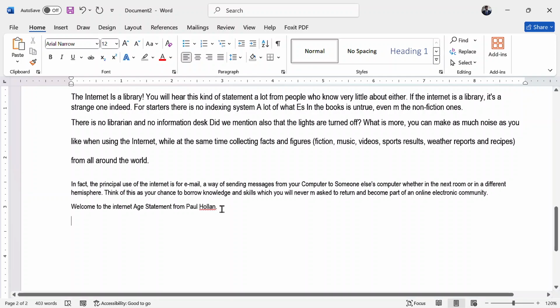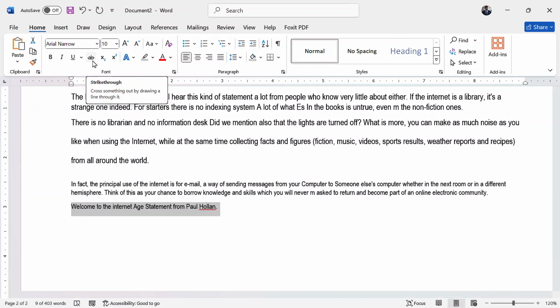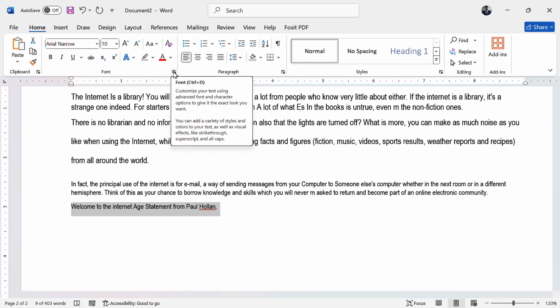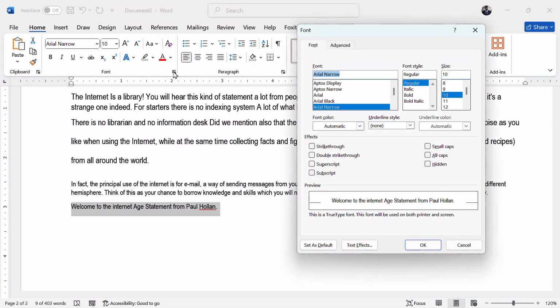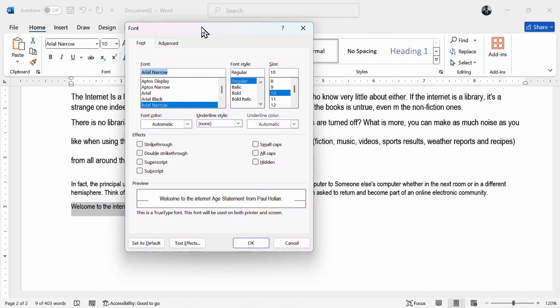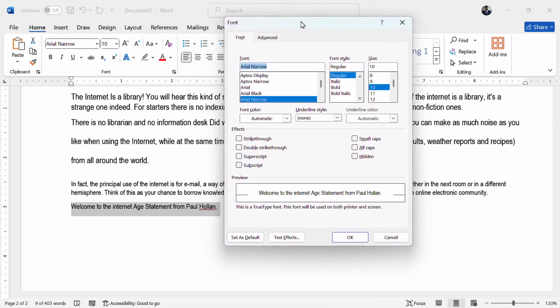So first of all, as usual, I told you first of all highlight the sentence that you want to strike through. But when you look here, there is only a single line that is crossing through. But when you need a double strike through, what do you do? Tap on more icon under the fonts group, and when you tap on the more icon under the fonts group, you definitely find this dialog box that will open.